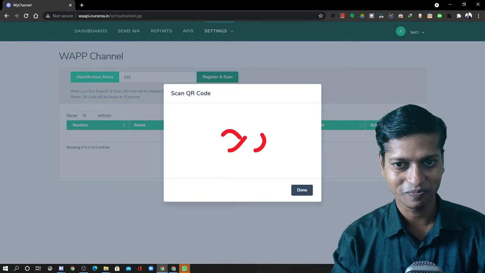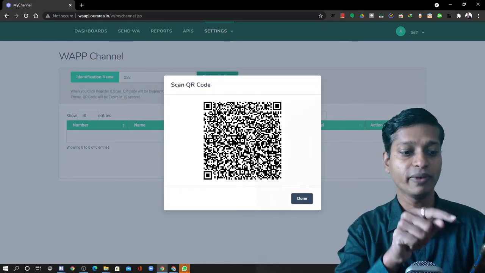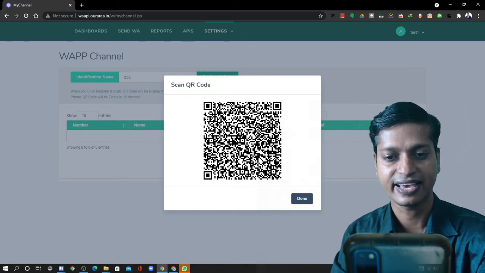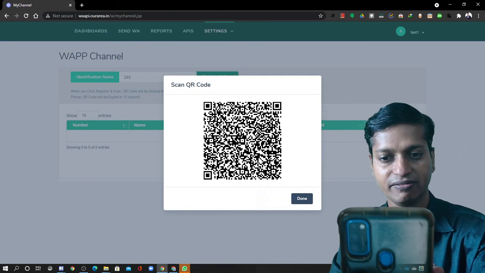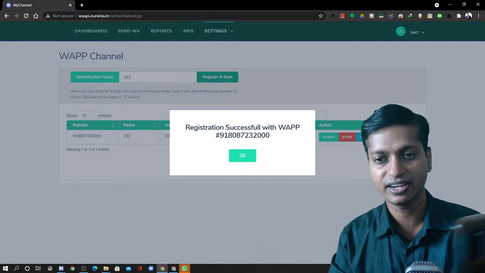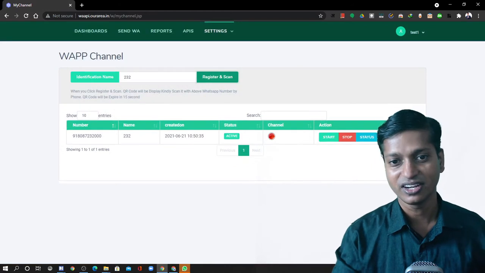Click on I'm ready. Then it is going to ask you to scan. So in your mobile WhatsApp, click on web, link a device and then scan it. 1 2 3. I think the scanning is done. Registration successful with WA.